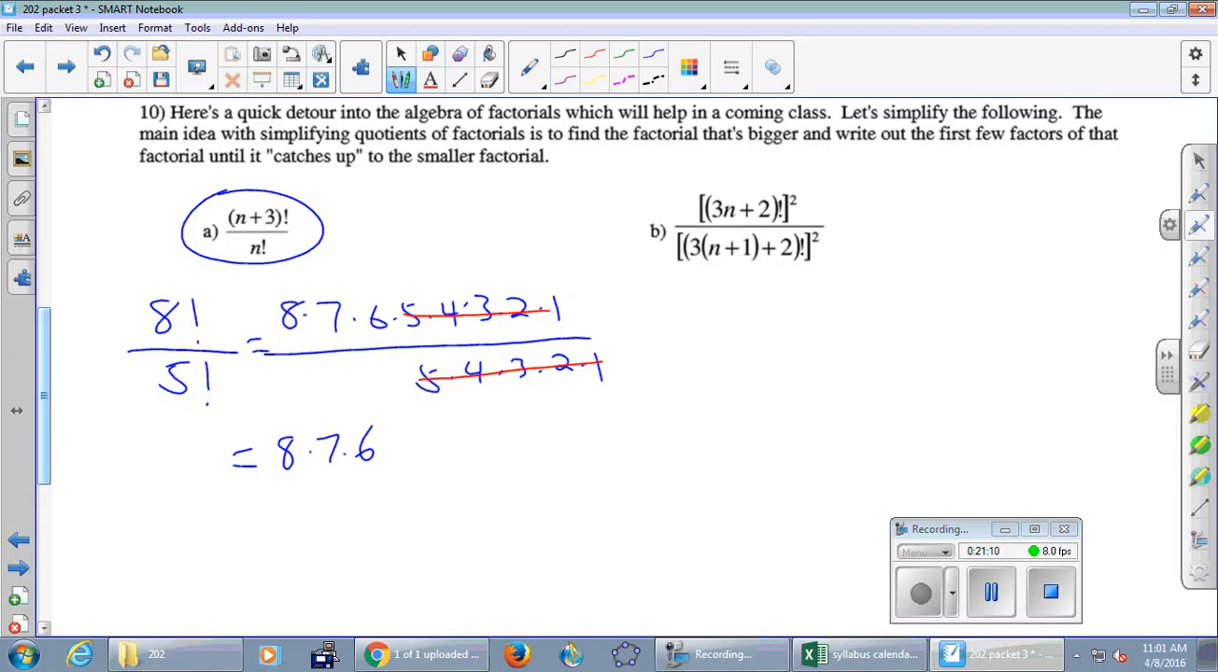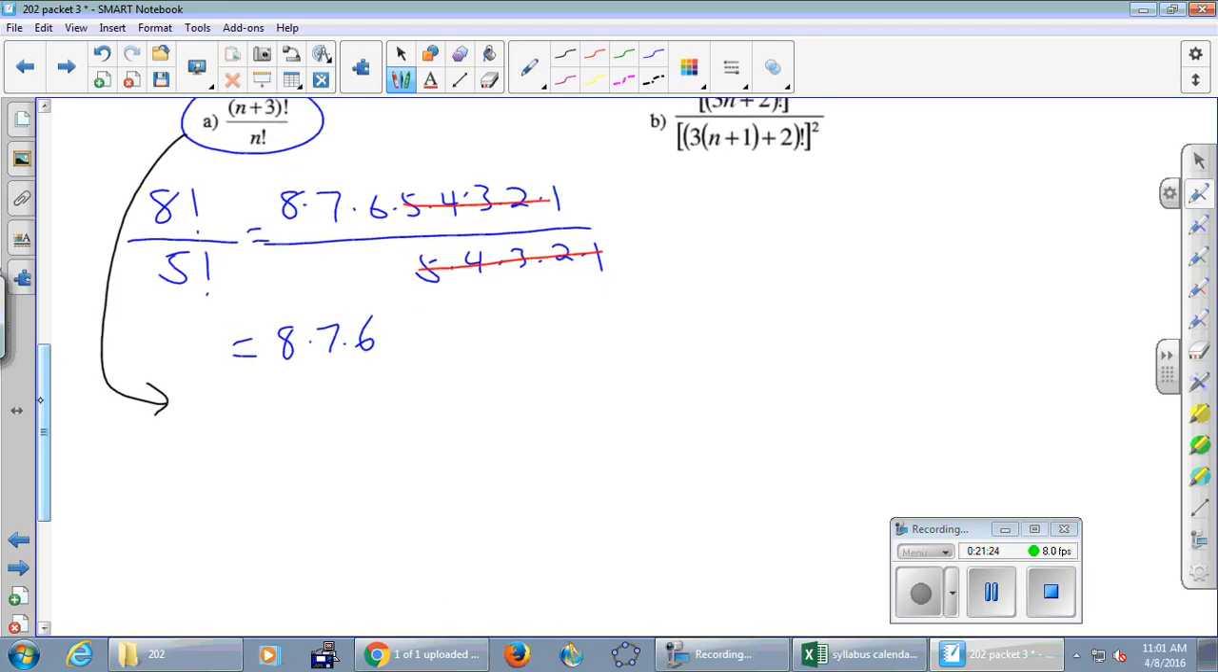Let's see if we can do it in general up here with this n plus 3 and n. The idea here is that we're going to figure out which one is bigger, top or bottom. In this case, top is bigger because of that plus 3. We're going to list a few of the terms of the top one. The first thing in the top one, if I list it out, is n plus 3. Then it gets multiplied by one number down. What's one number down? n plus 2. And then one number down, n plus 1, and then one number down,